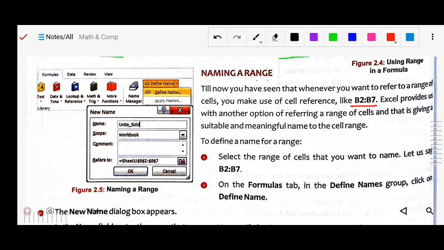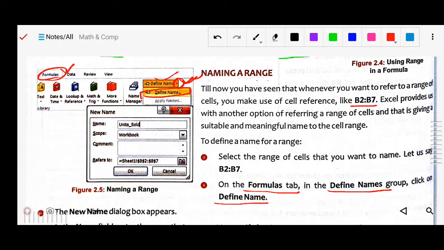What is the method for naming the range? First of all, select the range. Then on the Formulas tab you will see the Define Name group, so click on Define Name.